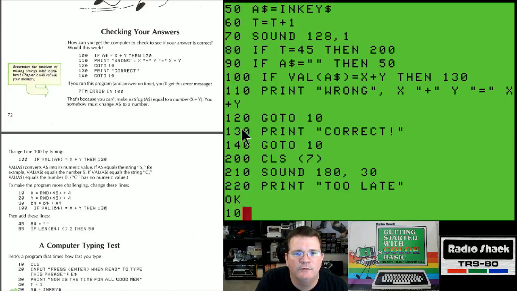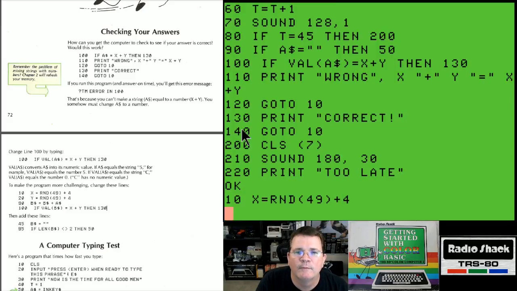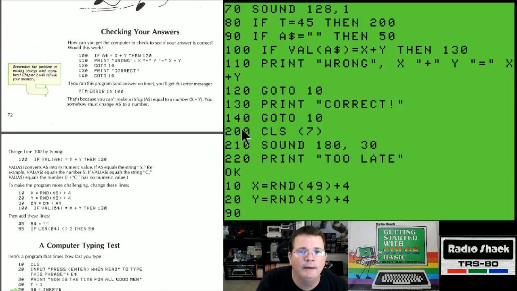And so it wants me to say 10 X equals random 49. I keep forgetting where the parentheses are. 49 plus 4. 20, y equals random 49 plus 4. 90, b string equals b string